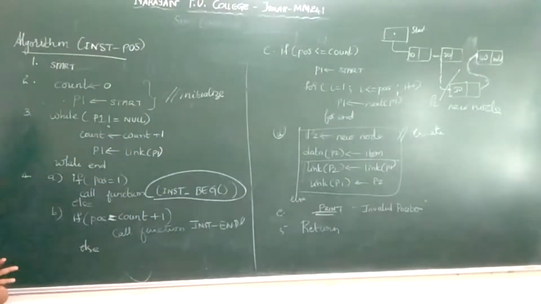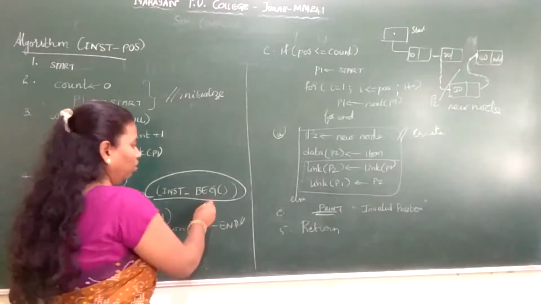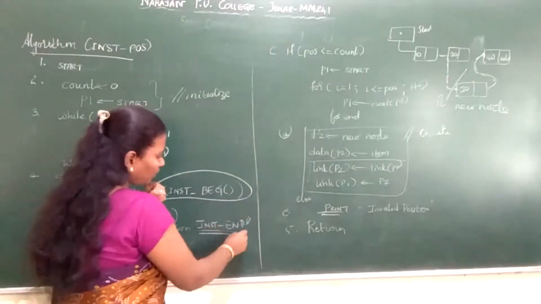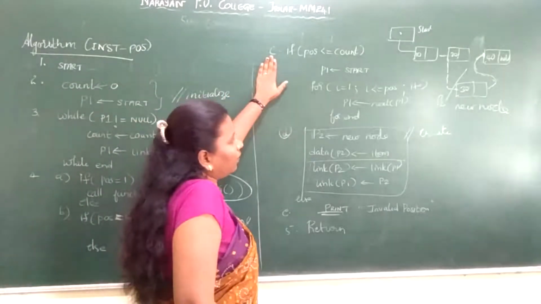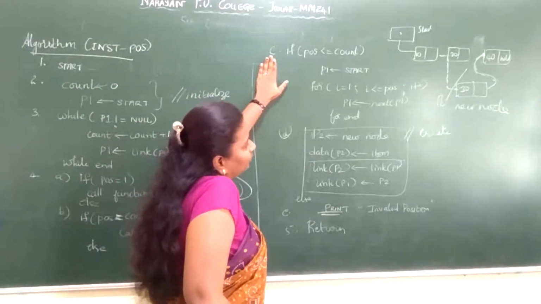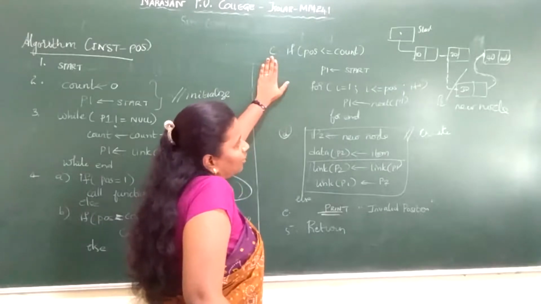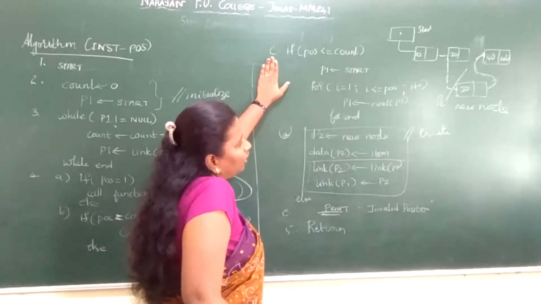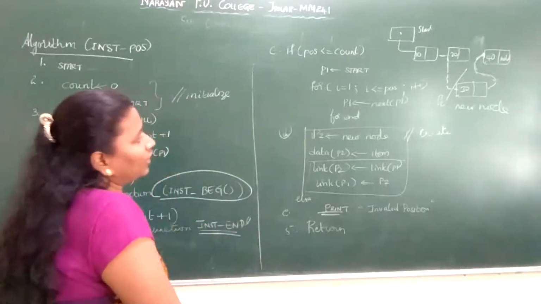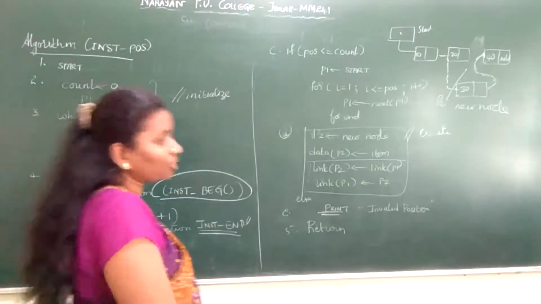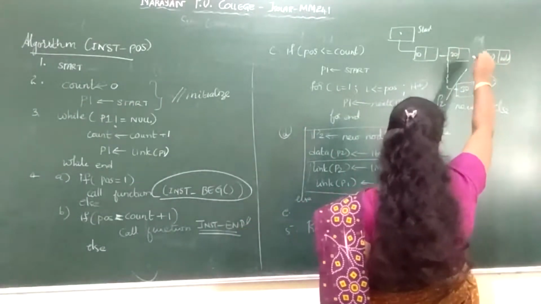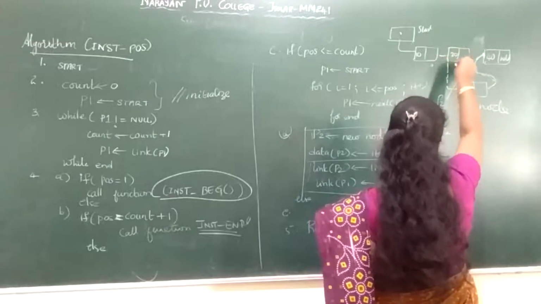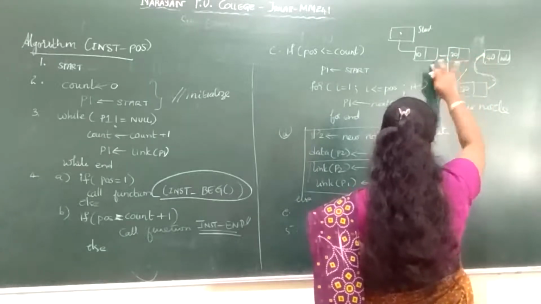I repeat, there are 3 ways in this algorithm. We have to check 3 things. One is inserting at the beginning. Next is inserting at the end. This routine is to insert at the given position. So here we add the elements, and we check whether for i equal to 1, i less than or equal to position, next of P1 I give it to P1. Why? Because I need to check whether this is my position or not. Till I reach my position, 0, 1, 2, my position is 2, I will wait once I reach the position.